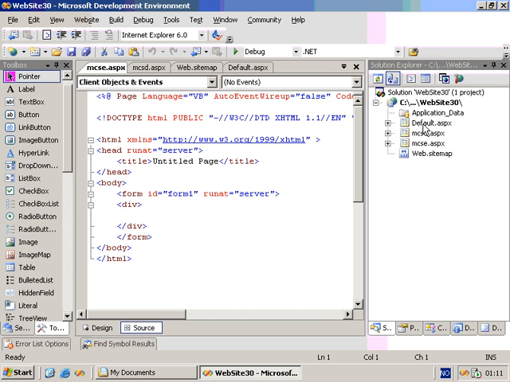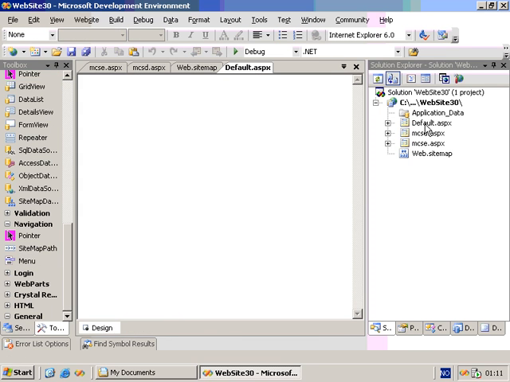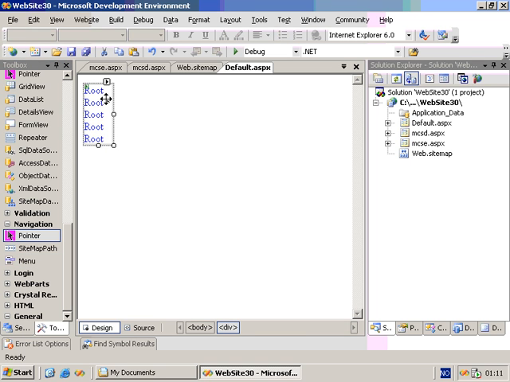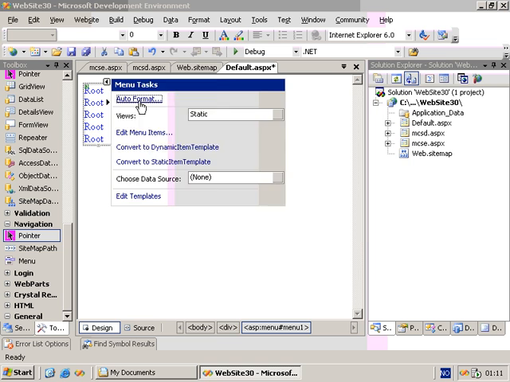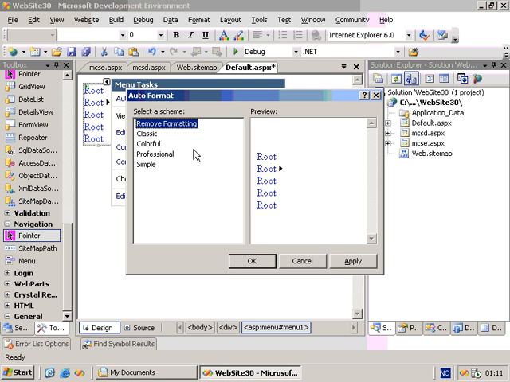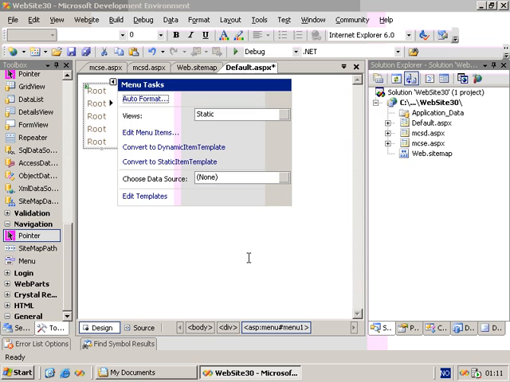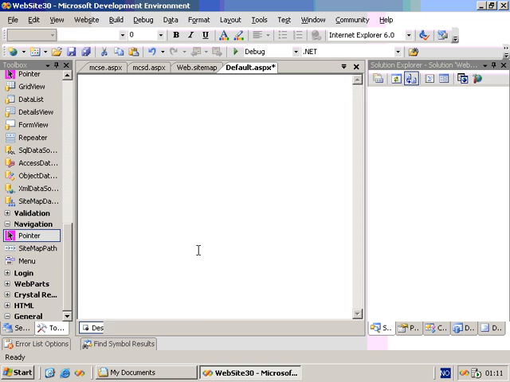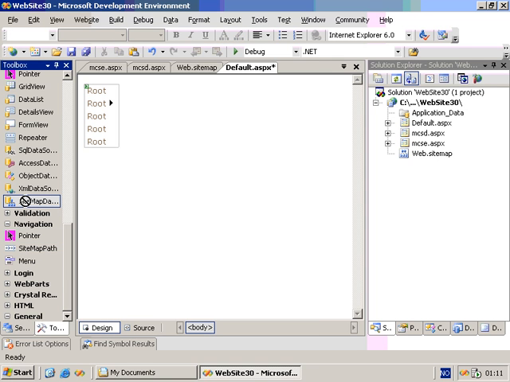Now we have three files, and if I navigate to my default.aspx page, you can see under navigation that I can choose menu. The menu can be auto-formatted through one of the following schemes. So I'm just going to go for the professional look, click OK, and we can also choose a data source. But from the list of available data sources, I have no option. So what I can do is click New Data Source, or I can drag a sitemap data source over to